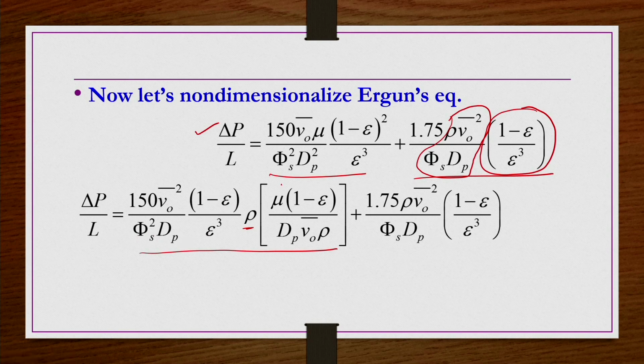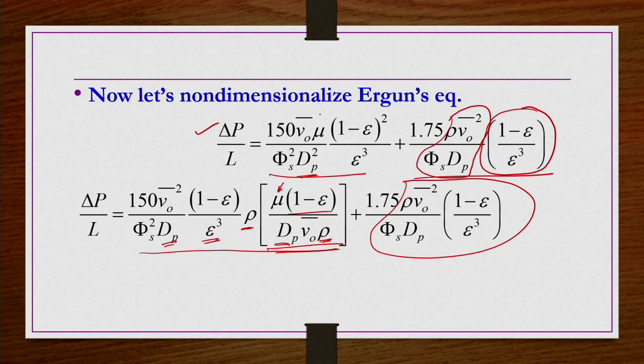Whatever the mu is there, we write outside in the parenthesis, the extra terms we write here in this parenthesis after taking out these rounded terms. We want to have them common in both the terms. So, rho is required here, which is not there, so we multiply by one rho and divide by one rho here. Out of 1 minus epsilon whole square by epsilon cube, 1 minus epsilon by epsilon cube we keep here, so 1 minus epsilon remains here. And out of dP square, one dP is taken out, so one dP is remaining here.